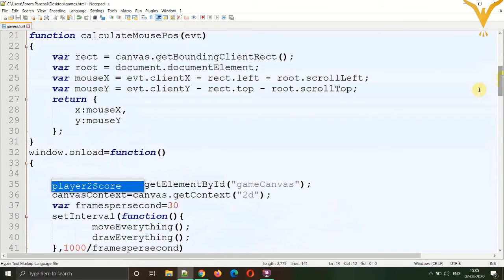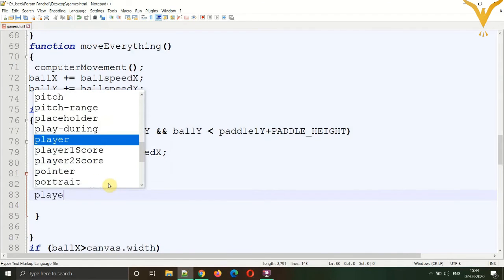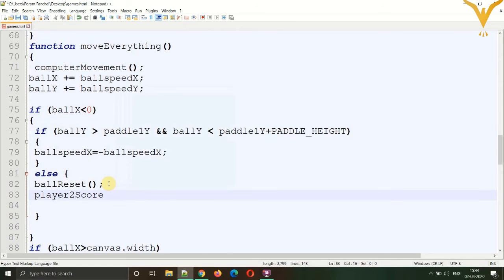So whenever the ball will touch the left edge, that is the left paddle will miss the ball, it should give a point to the right player. So over here, when it touches the left edge, we'll write player 2 score plus equals 1. When we are incrementing by just 1, there is one more method we can write it.